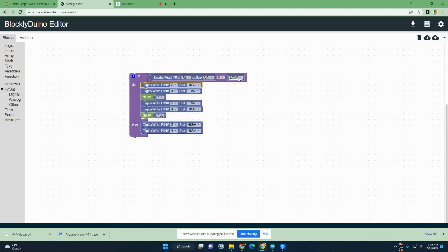But the second that the wires don't touch anymore, that would mean the port would be high. So this would no longer be a true statement, which means it would do the else, which would turn off the 2 LEDs. Okay, so this is how our demo program should look right now. If I copied it,